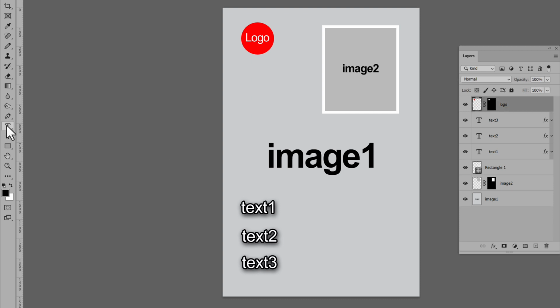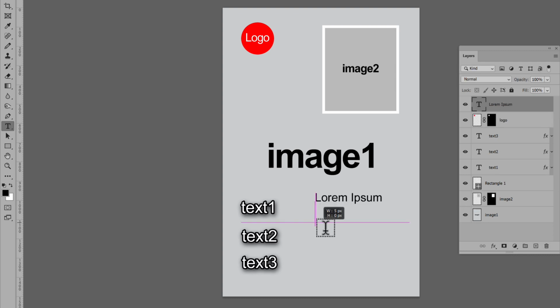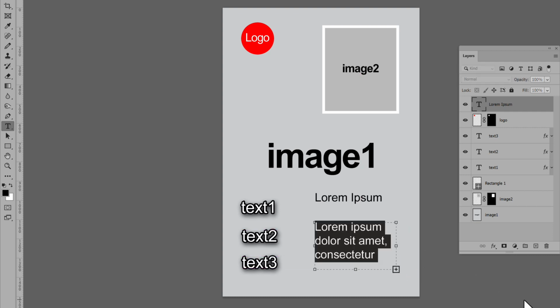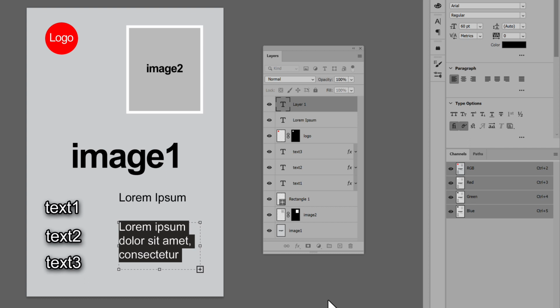When setting up the template, it's best to use a text area to define placeholder text. The difference is whether you click or drag when using the text tool. Click, and the text is a single line. Instead, drag out a rectangle, and a text area is defined. A text area is better because it adapts to single or multiple lines as needed.